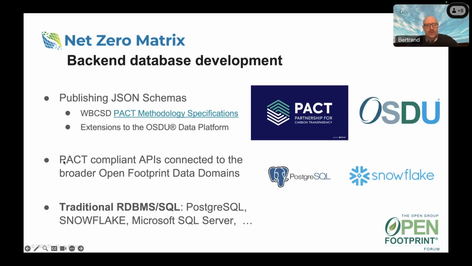Yeah, and we're also looking at, as part of this development cycle, building APIs that are compliant with existing specifications like PACT, right? So that it connects to an existing standard. You have these focused areas that PACT looks at, product carbon footprint, and connects that to the broader Open Footprint data domains, where we cover the organizational facility structure through to the detailed recording data that can then be fed into a PCF analysis and provide that underlying context of how the carbon footprint statement was produced,